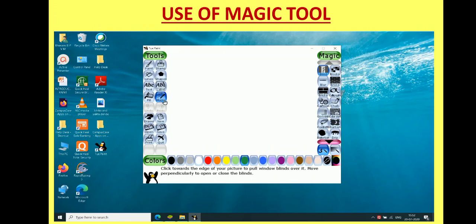Click on magic option, and on right hand side you will have various subtools that are available in this magic tool. So there are many subtools. We are going to discuss few of these subtools of this category magic.